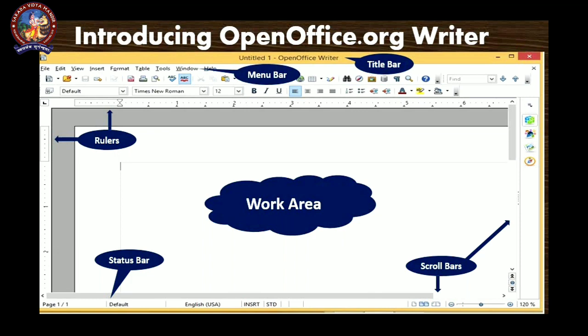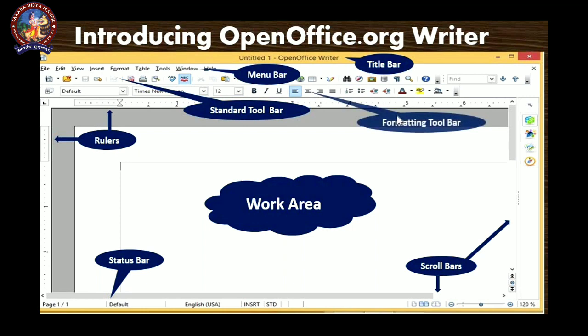At the top you can see two more toolbars are available. Actually there are many toolbars available. We can add them from the view option. These two toolbars are very useful, that's why they appear here. The first toolbar is called the standard toolbar, and the second one is called the formatting toolbar, because some standard options are available here and some formatting options are available in the second toolbar.